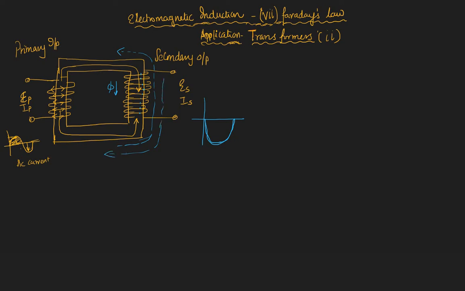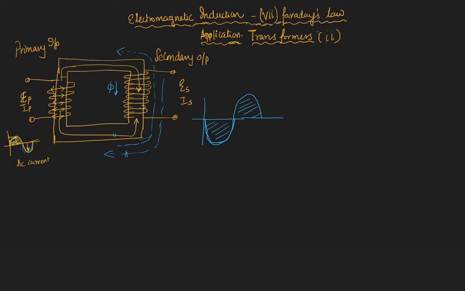So this will oppose this, and that will result in an output which is in the other half. One thing to note is that for the positive half of the input you have a negative half that opposes the change, and for the negative half of the input you have the positive. So due to this changing magnetic field, you have a changing output, which is the voltage at the output,